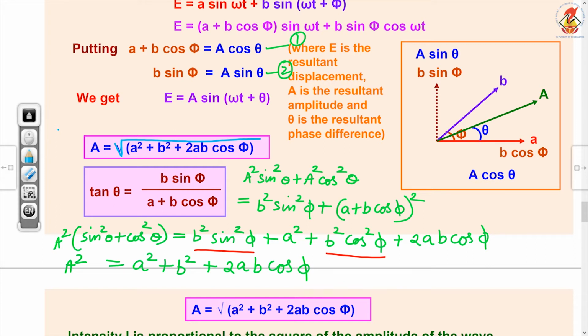This is how you get this equation. So that is the expression for the resultant amplitude. And tan theta is b sin phi over a plus b cos phi, so you can write it directly. And since this is the amplitude,